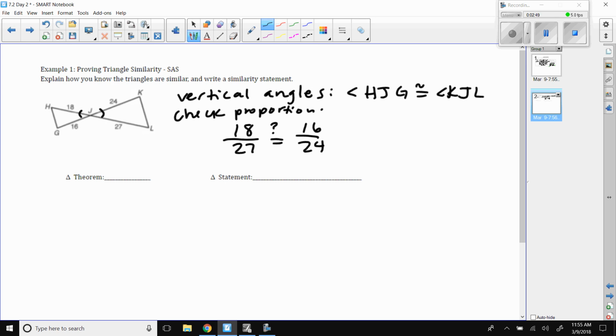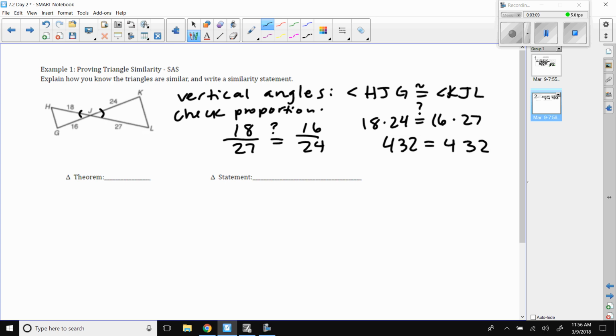Okay, so I'm going to have 18 times 24 equal to 16 times 27. Solve those. 432, are these equal